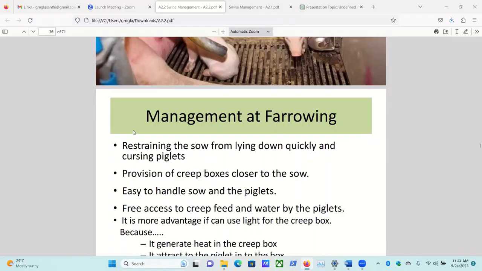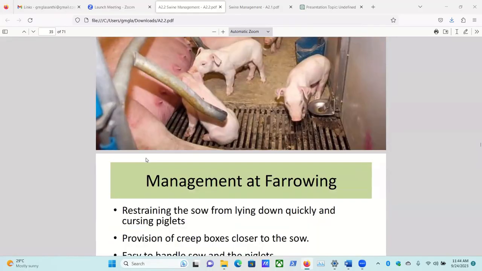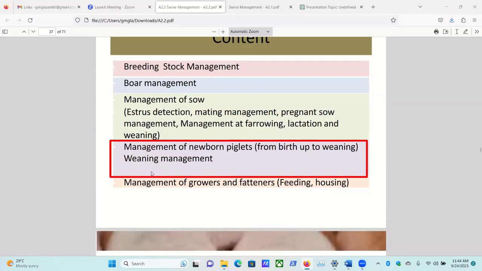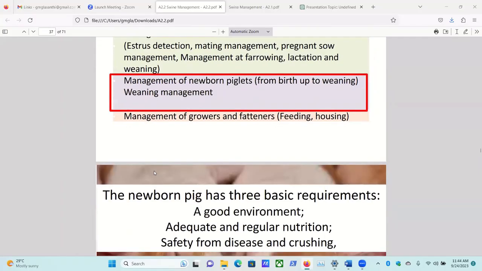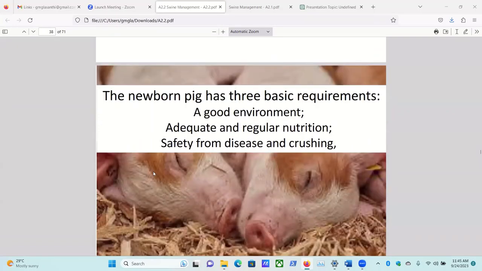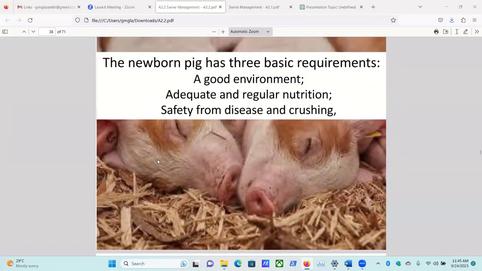So now the piglets have arrived. So the breeding stock management is over. Now let's move to the management of newborn piglets. Normally newborn piglets need 3 basic requirements. One is a good environment, and adequate regular nutrition, and safety from diseases and crushing. Crushing means